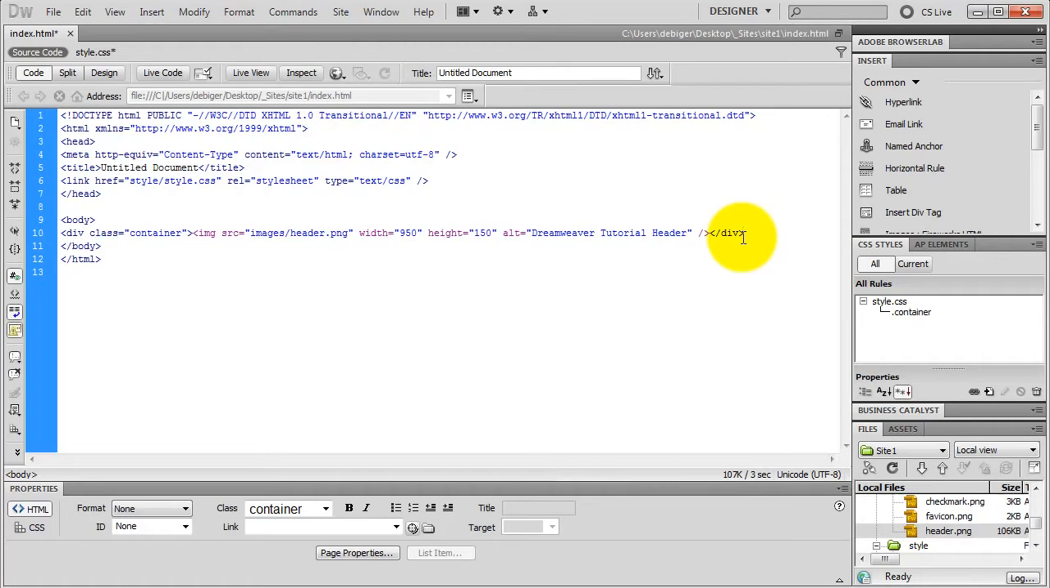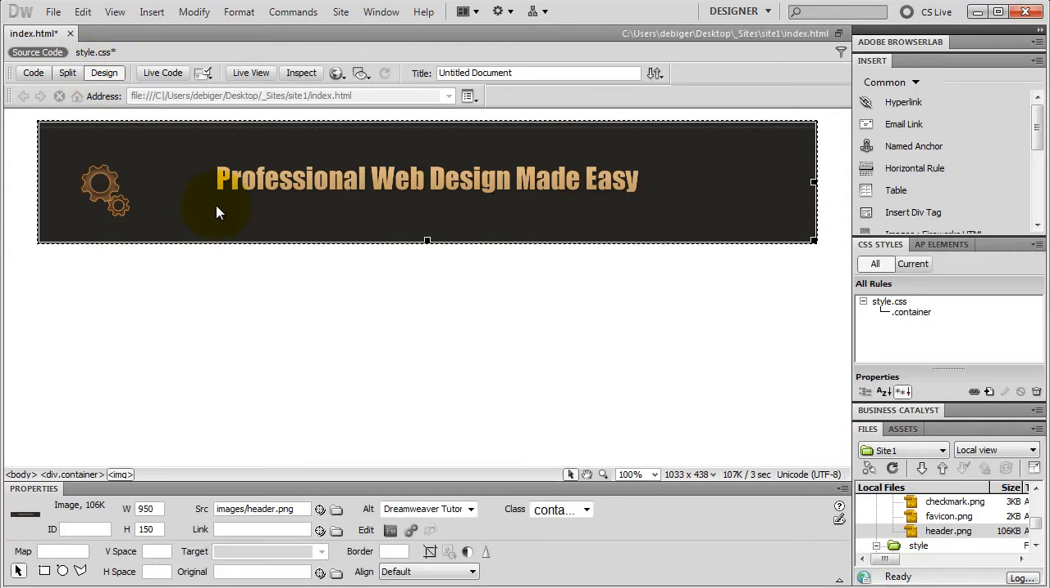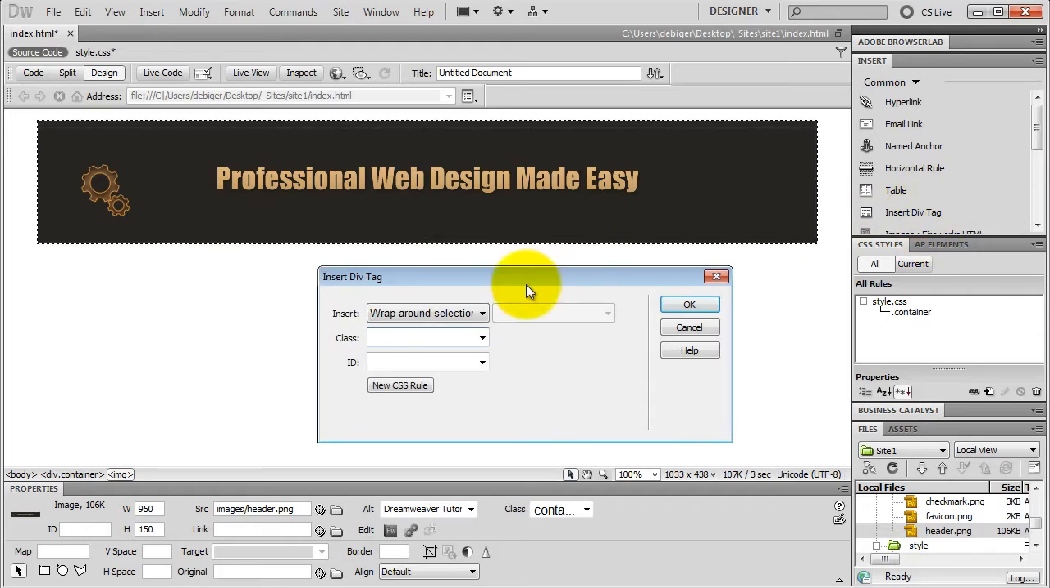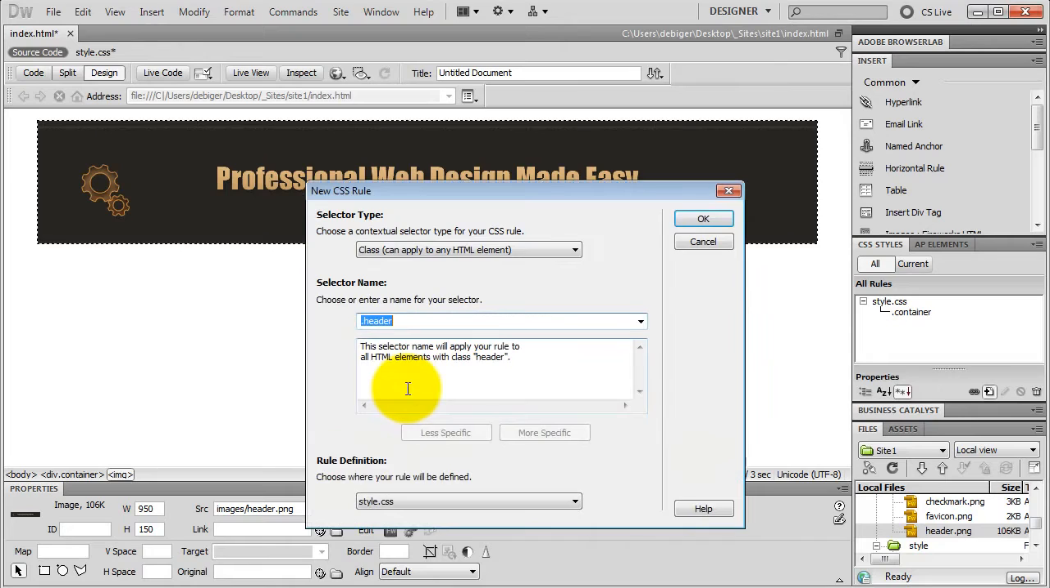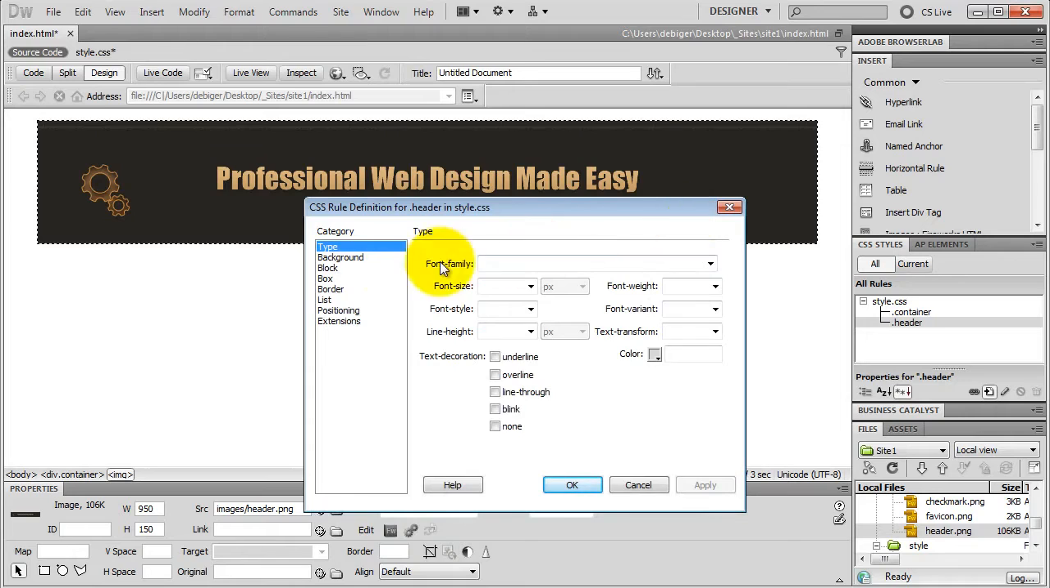Okay, I go back to design view, select my image, and I insert a brand new div tag. Wraparound selection, because I need a header div tag around my image, and I apply a new class style to my div tag. I call it header. I click on new CSS rule. It's going to be a class style called header, and I define my rule inside of my style CSS file. I'll click OK. I go to box,